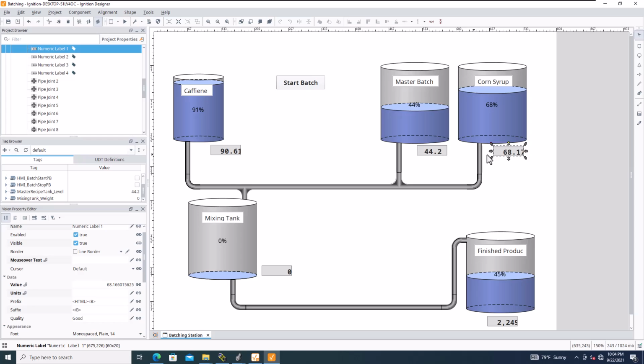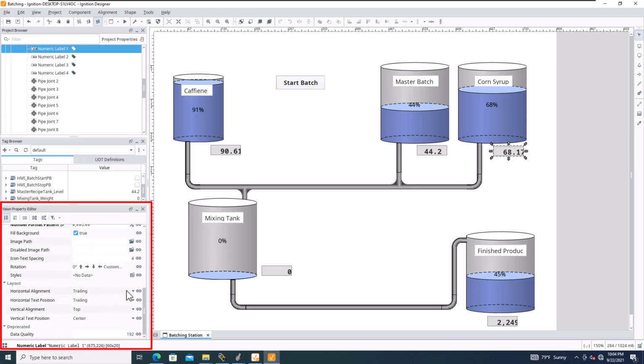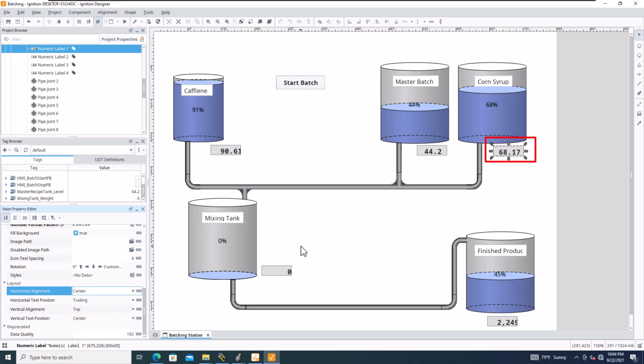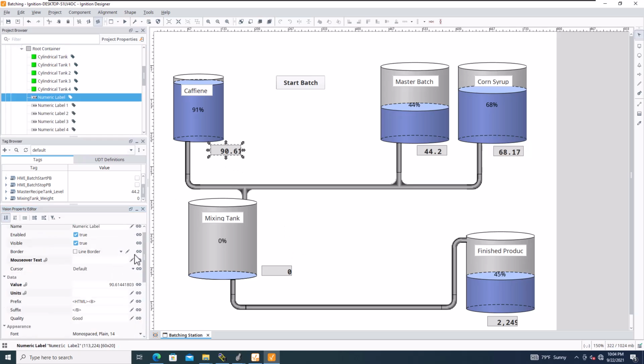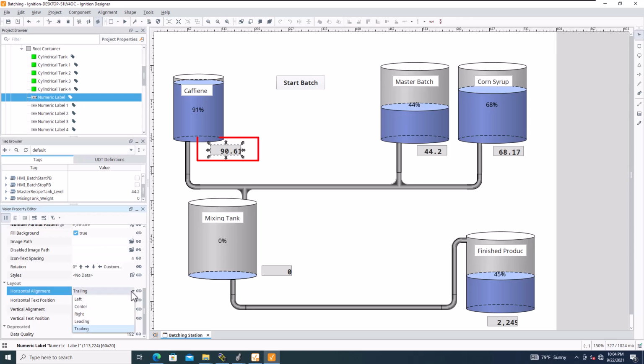But how do I get these centered? Because right now they're right justified, you merely click on it and you go down here to the bottom and you want to go to horizontal alignment and hit center, and then you can do that for all these. And I just felt like I should show that